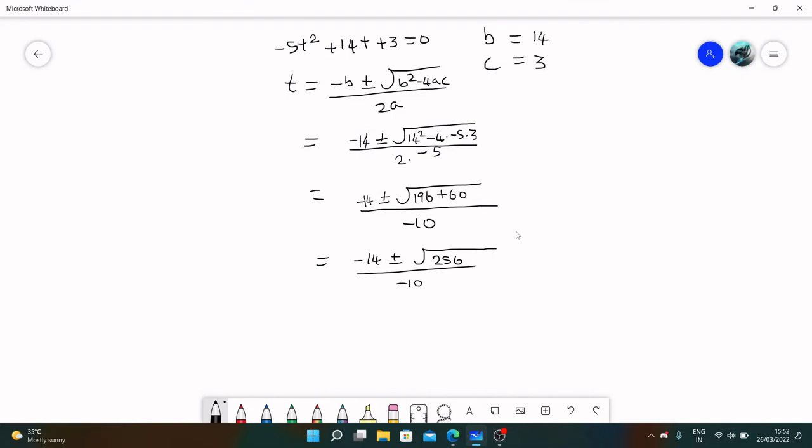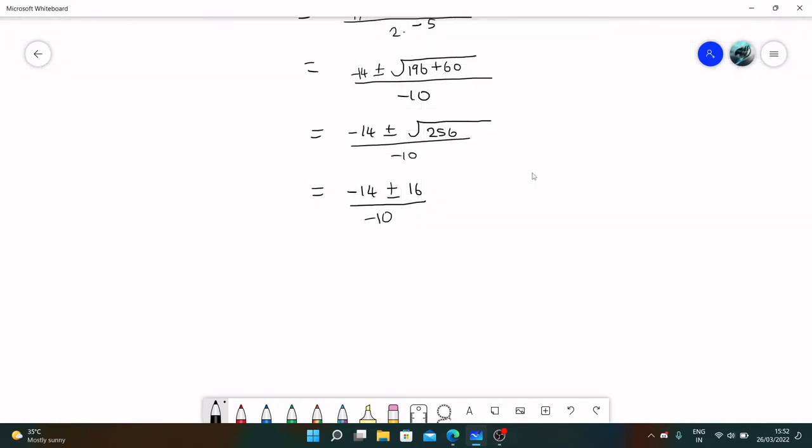So we can have minus 14 plus minus root 256, which is just 16. So you have this. Now there is a crucial part. We have to split this equation into two parts and do it separately,